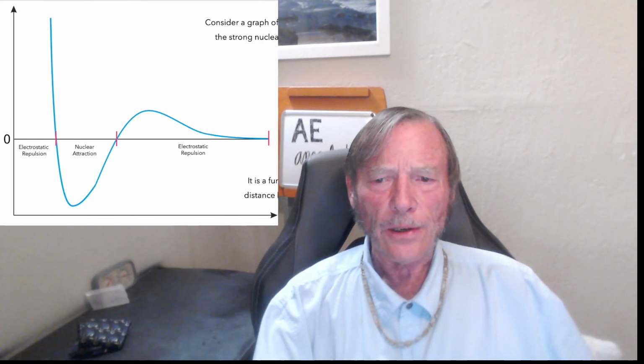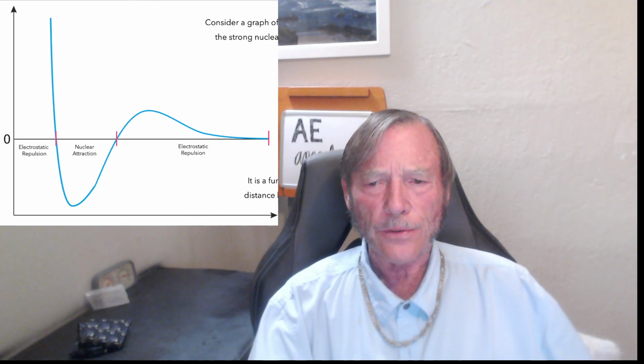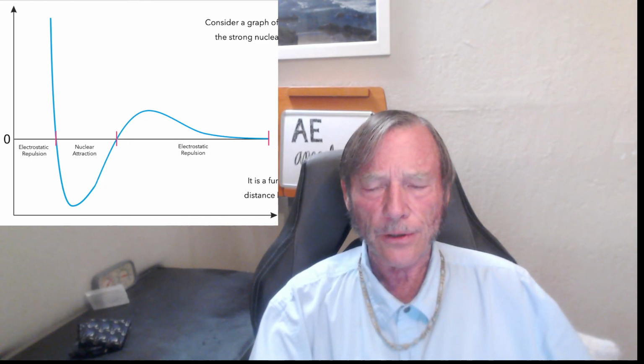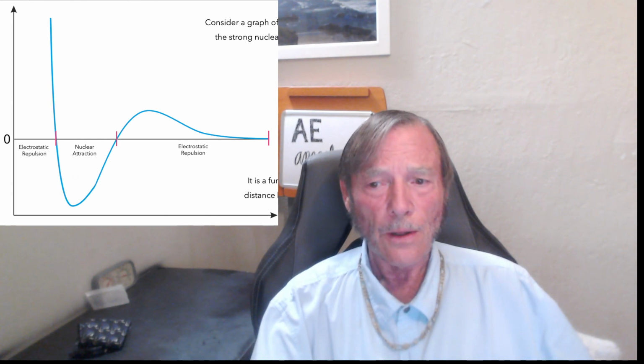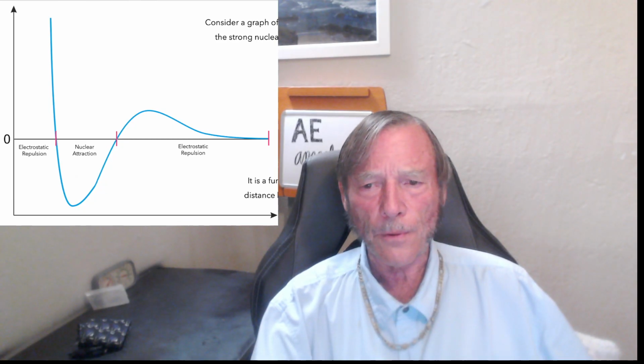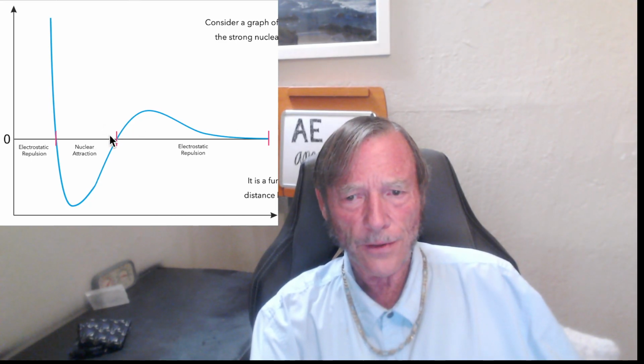So this is correctly drawn, although there are several errors in this rather amateurishly drawn force curve. Essentially it shows the true scale relationship between the two forces controlling two protons at any proximity here. This hatch mark, which I'm indicating with a pointer, is at the 3 femtometer mark, as closely as can be measured. That is where the attractive force begins, as one proton might be approaching that would have to have velocity